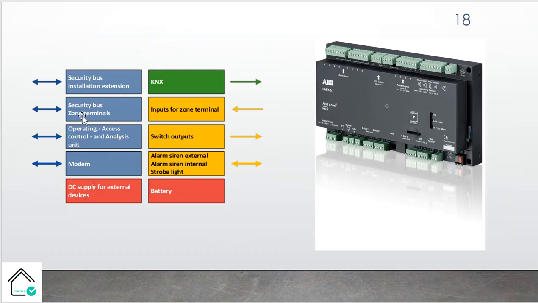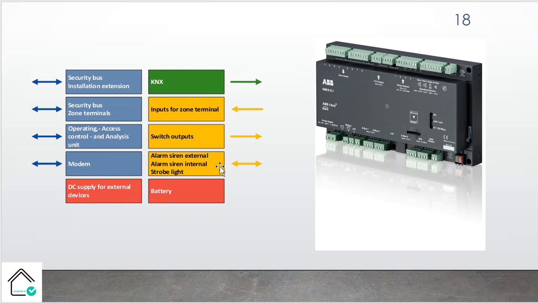Then what part do we have? It is connected to the KNX, it is connected to the input for zone terminal. The zones, each zone, for example, you have the building. You want to arm inside of the building but disarm outside of the building, or vice versa, so you have two zones. Switch output, you want to trigger something. Alarm siren external, alarm siren internal. You want to